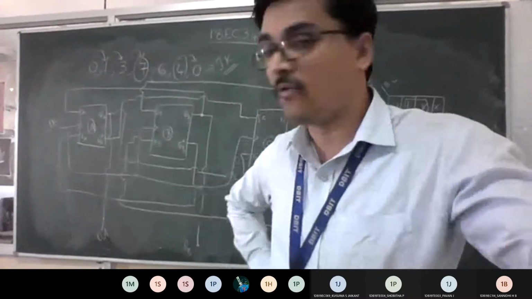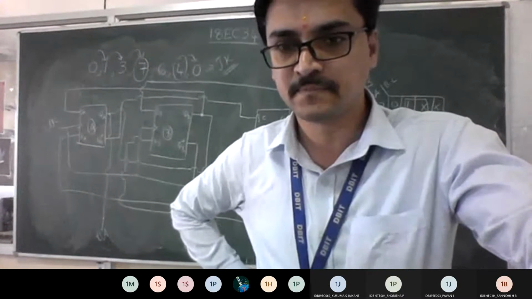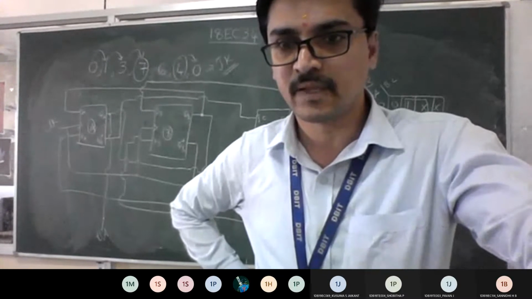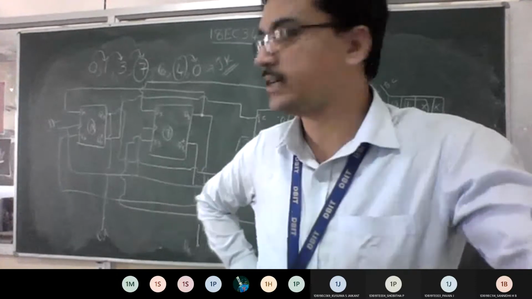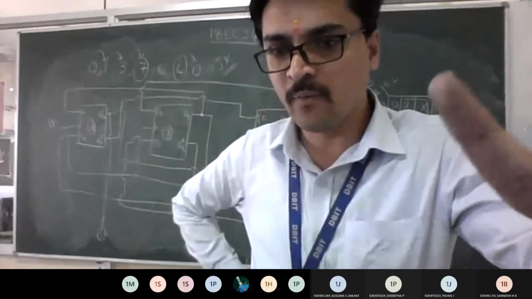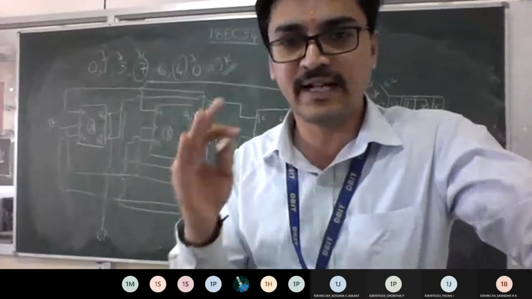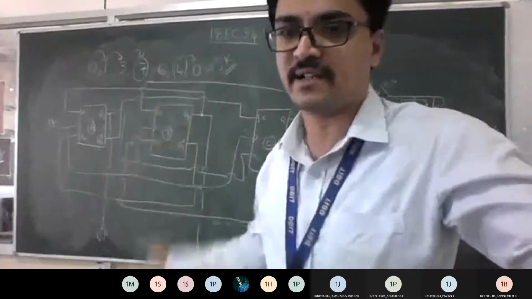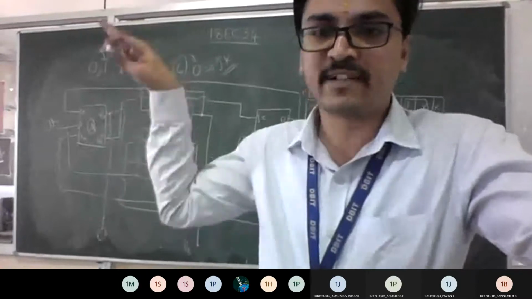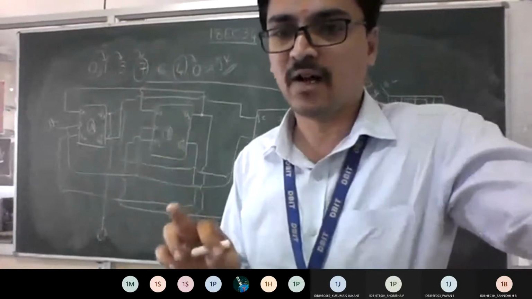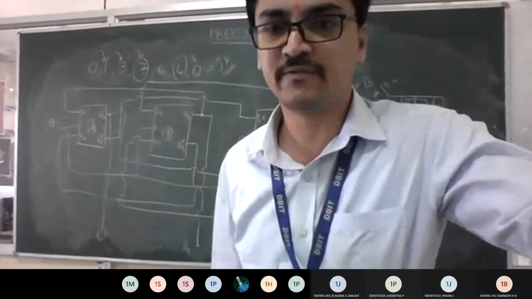So the second type of problem that you can expect in this. Am I clear with this to everyone? Yes, sir. Okay. So now I will give one more sequence. I won't do anything. I just want you to fill the table. Then later you can finish up the designing part. I'm not going to do the same procedure again. I'm going to change the sequence for you. I want you to tell the present state, next state table. If you get that, then the remaining you will fill easily.